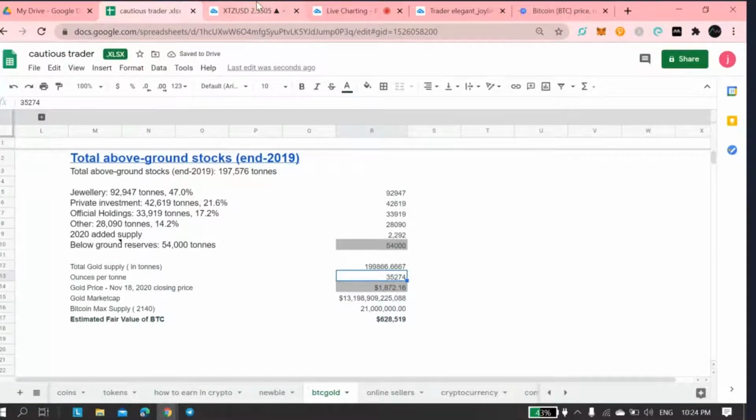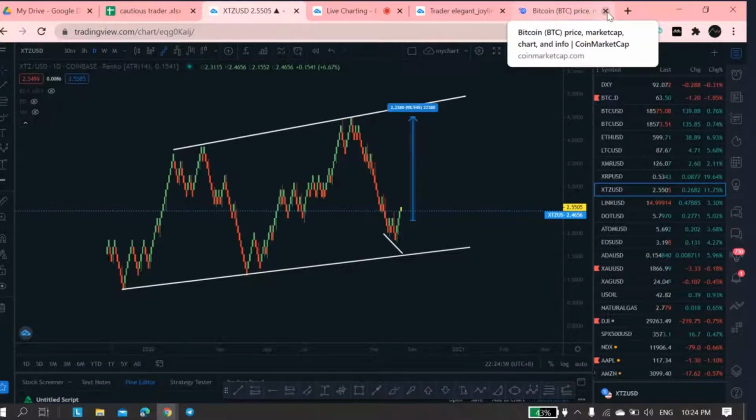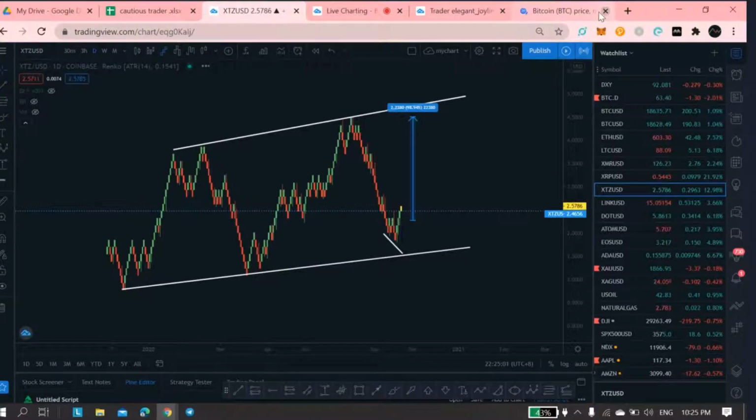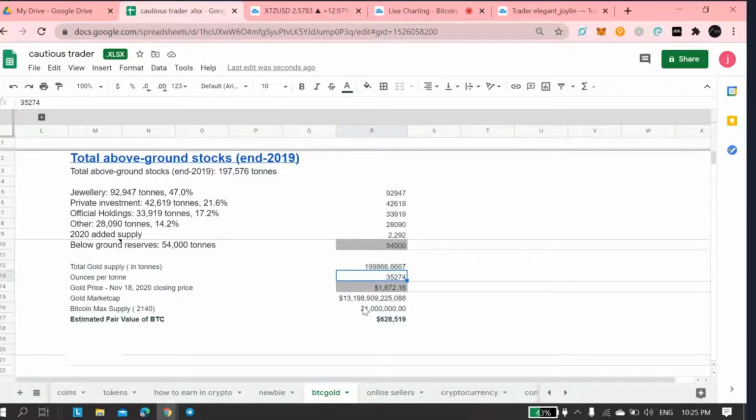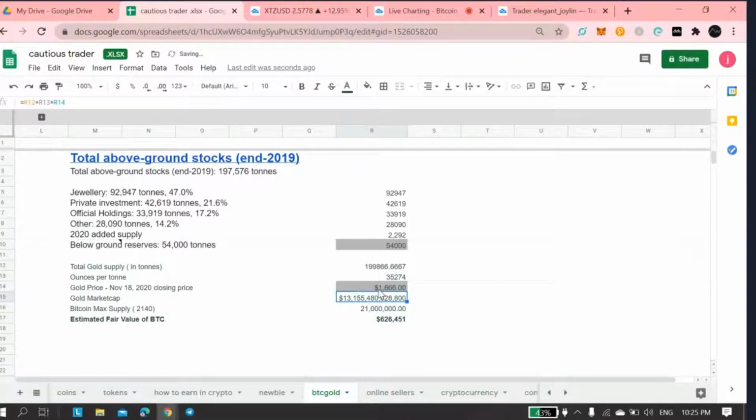And the gold, I think 186 something. Let me just delete it. So gold currently at 1866. So if we'll use that in here, 1866. So possibly an estimated fair value of